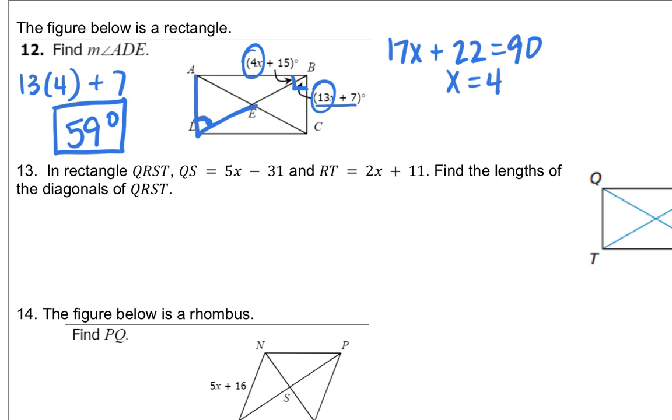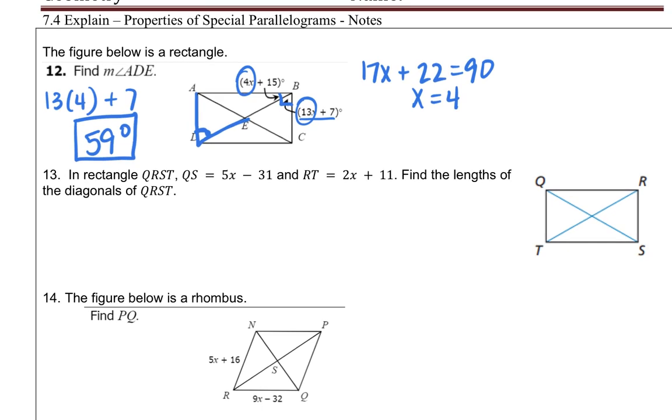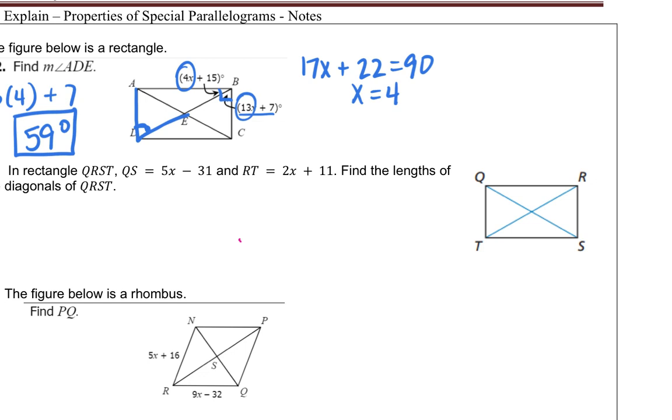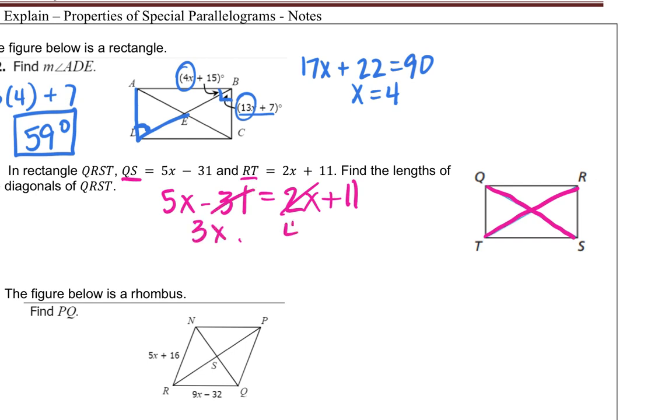All right, and the next one, it says it's a rectangle. So using the properties of a rectangle, we know that the diagonals are equal. And QS is a diagonal, and RT is a diagonal, so we know they're equal to each other. So I'm going to set QS and RT equal to each other. 5x minus 31 equals 2x plus 11. So subtract 2x, we get 3x. Add 31, we get 42. So 42 divided by 3,